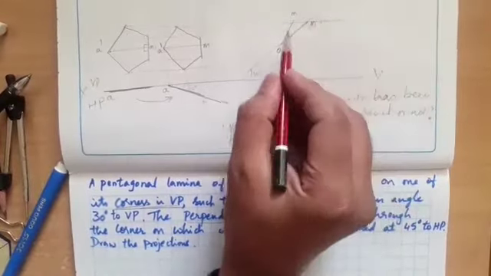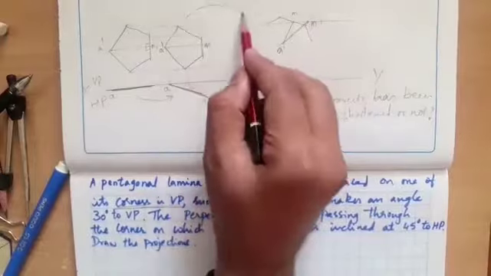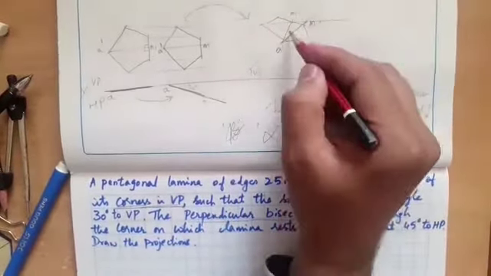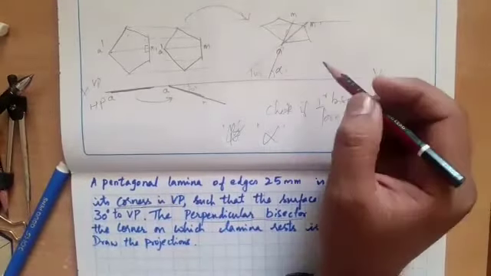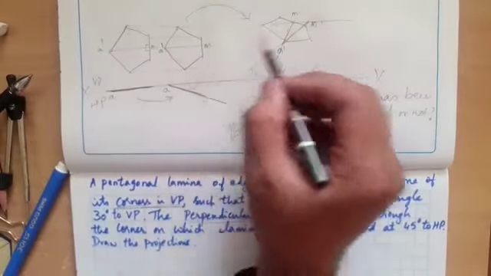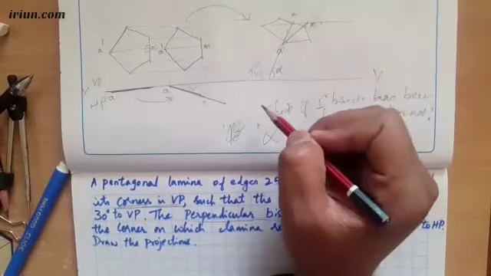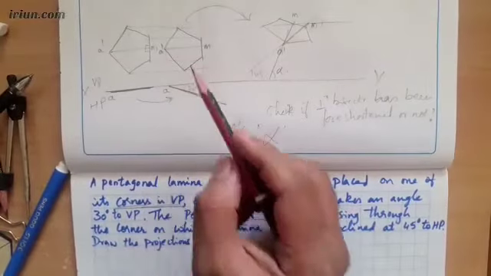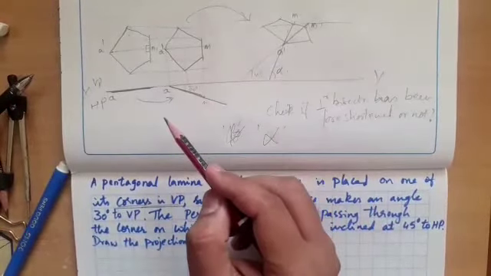Here you are supposed to construct the pentagon to the new position. Like this you are supposed to construct and identify this alpha angle. So first and foremost, you are not supposed to construct directly the perpendicular bisector at 45 degree. You need to find out the alpha angle. I don't know this alpha angle. Why do I have to do that? Because this perpendicular bisector is inclined to HP here as well as inclined to VP.